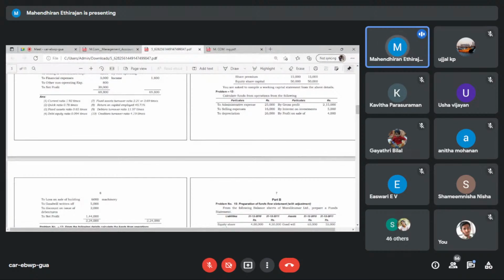non-trading expenses. See, non-trading means non-operating expenses, which are not related to goods and service. For example, if you are paying salary to your employee, of course, it's an operating expense. Selling and distribution, rent, advertisement, whatever it may be, all come under developing our business. Definitely, we have spent some operating expenses. Okay, it will be considered. But see,